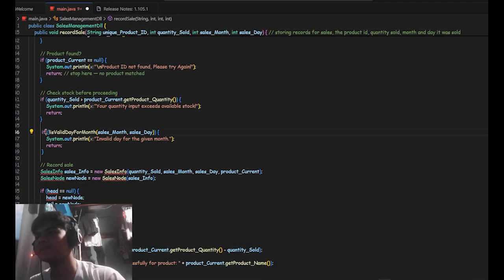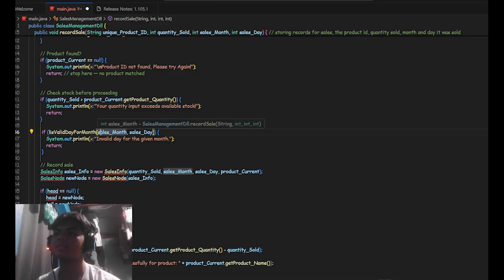And in line 46, if is valid day for month is not, with an exclamation mark, for the sales month and sales day, then it will print the invalid day for the given month, then return.